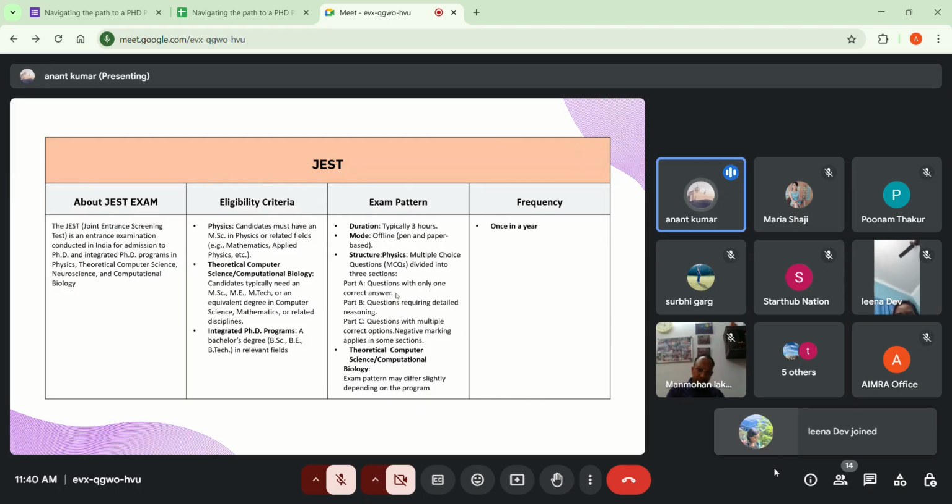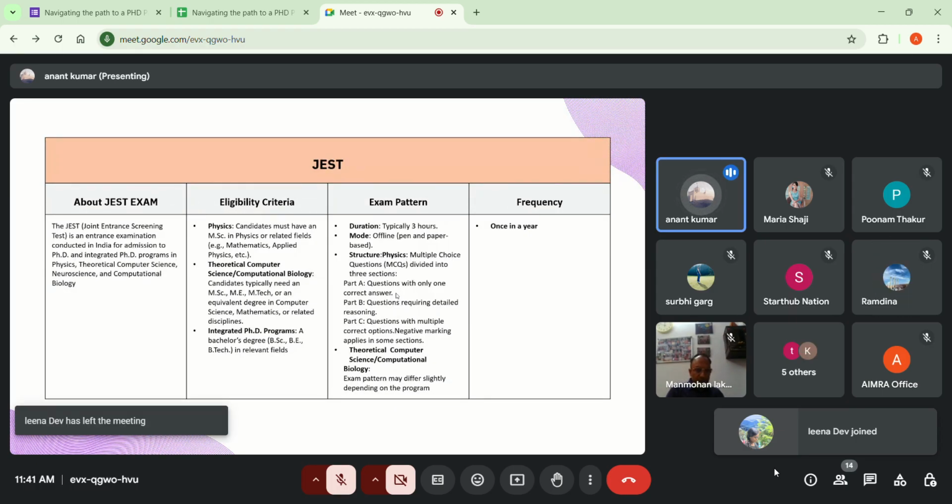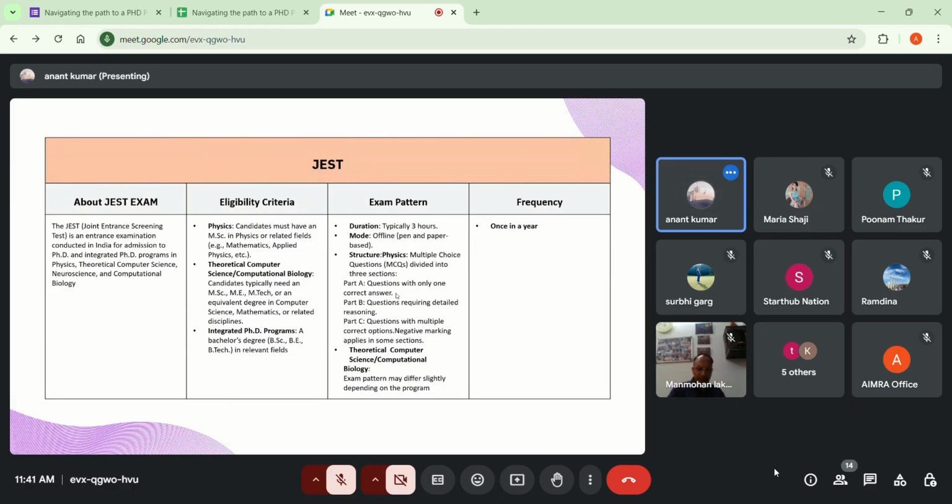The exam pattern is a 3 hour offline exam with Part A, Part B, Part C, and it also includes theoretical computer science and computational biology. The frequency is once a year.